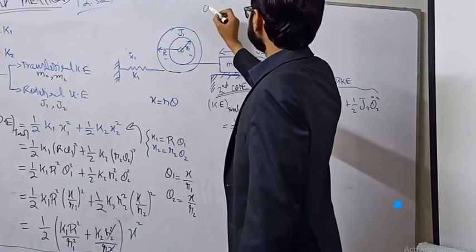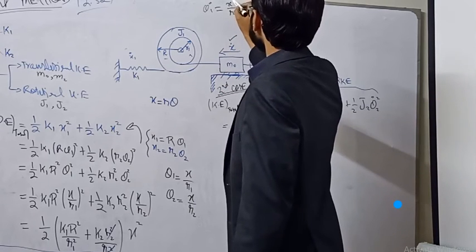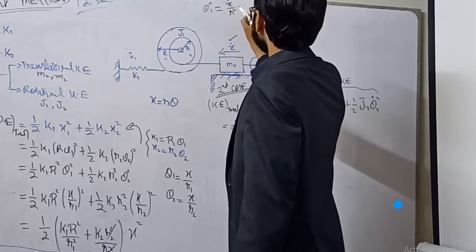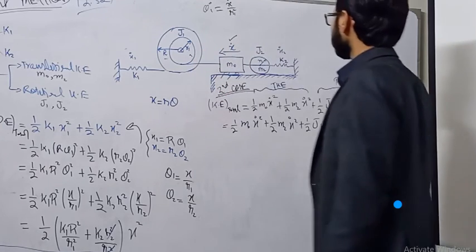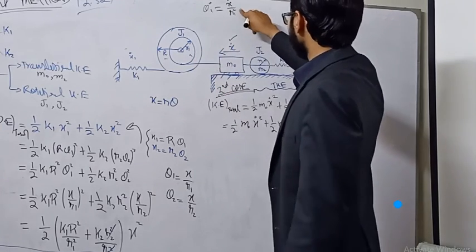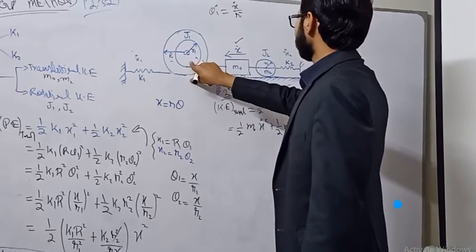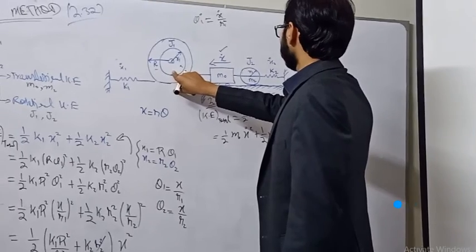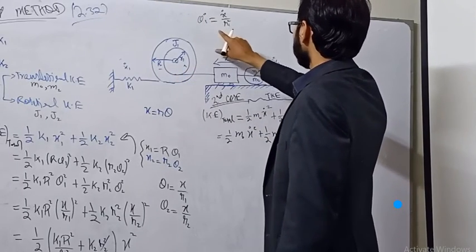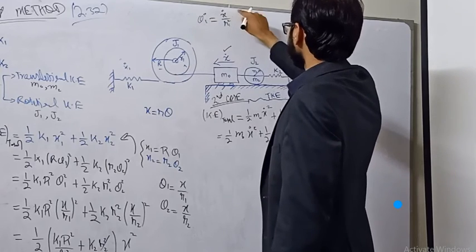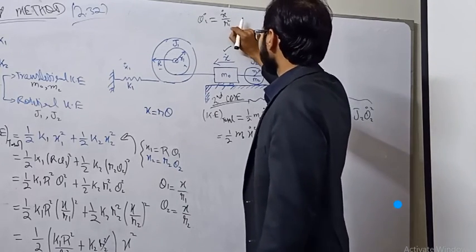We want to find theta 1 naught in terms of x naught. So theta 1 naught will be x naught over r, and this r will be r1 here. Are you agreeing with me? So this is the velocity associated with this disk of radius r1. I have converted it for the case of theta 1 naught, so we can replace theta 1 naught with x naught over r1. Question is why we have written small r1 here.